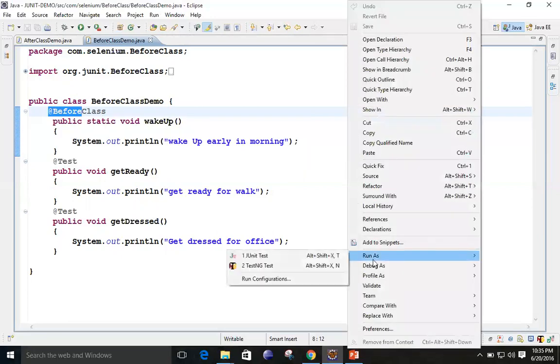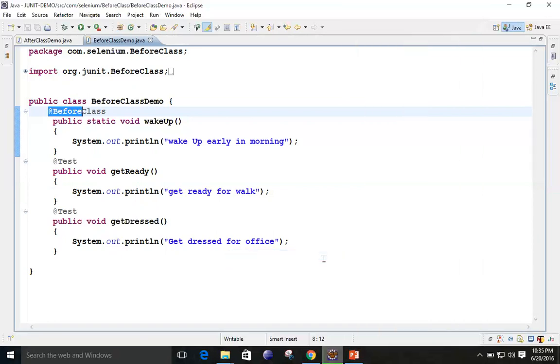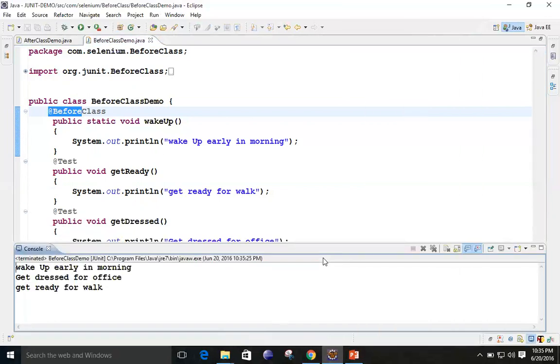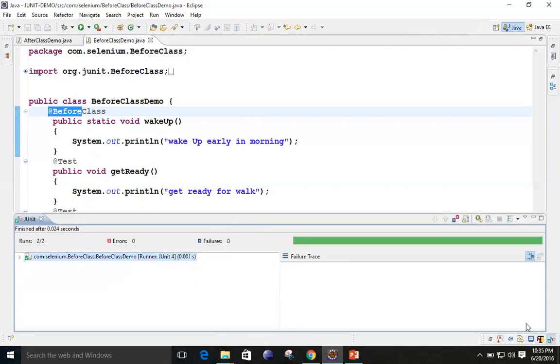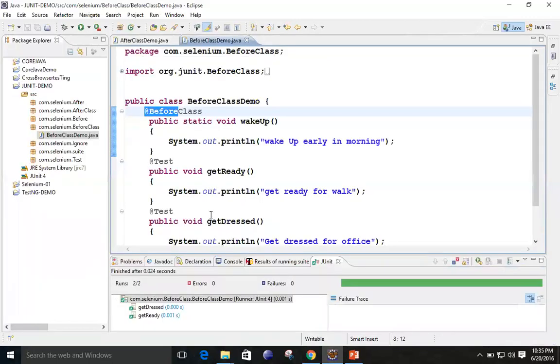Now run this code snippet. See, you are getting the output, and go to this JUnit window. You can see you will always get the output like this one. So this is the thing. If you are going to deal with before class and after class, they should be static, then only it will be able to execute.